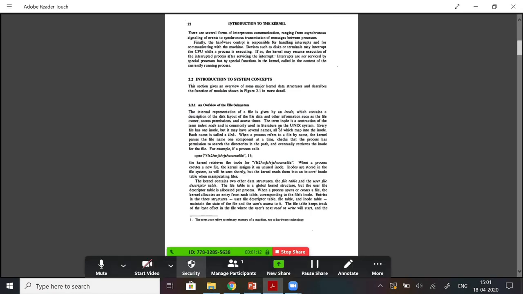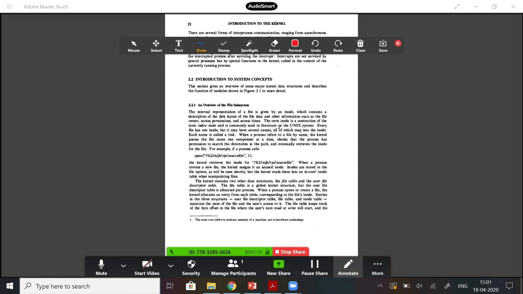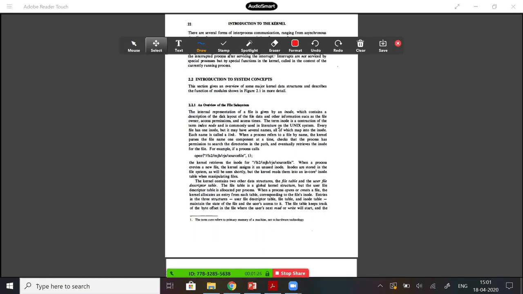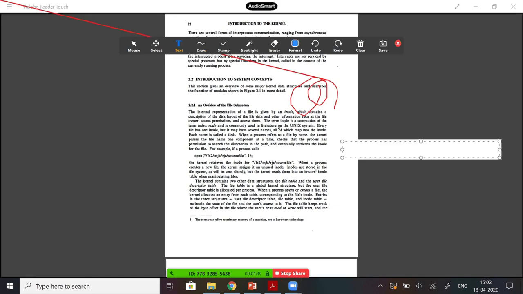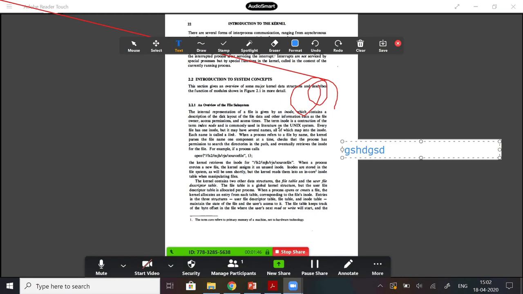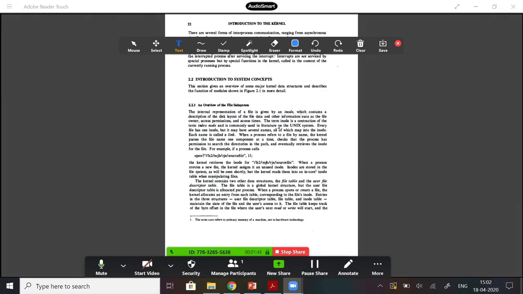Now, if I click on the meeting controls again, there is an option to annotate. Click on annotate. Then the annotation tools will appear on the screen. And by selecting one of the annotation tools, one can draw or write something upon the screen that is being shared. You can select the text box and you can start typing something over here. And to stop the share, in the meeting control, click on the stop share button.